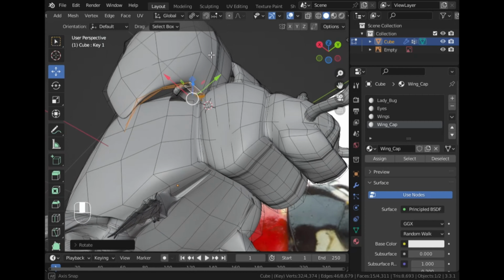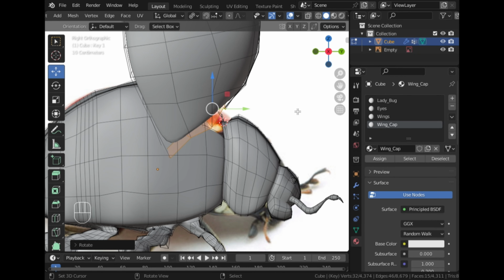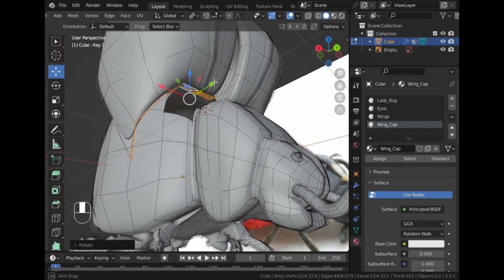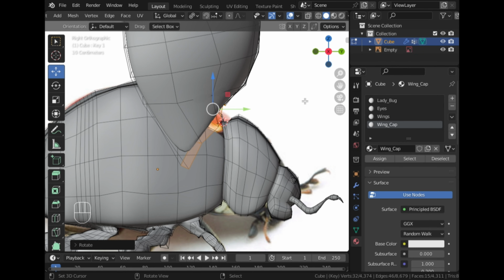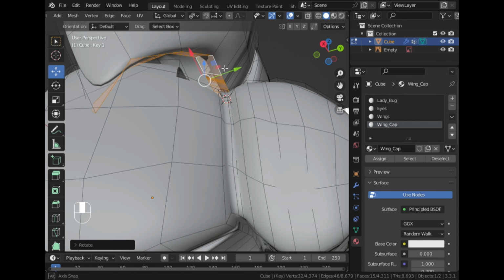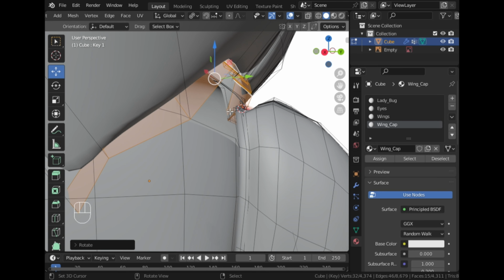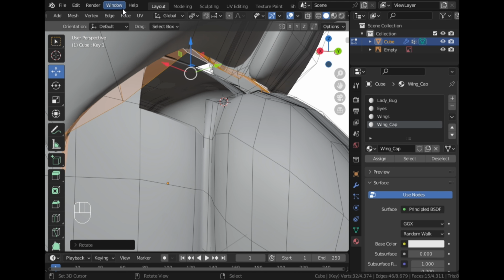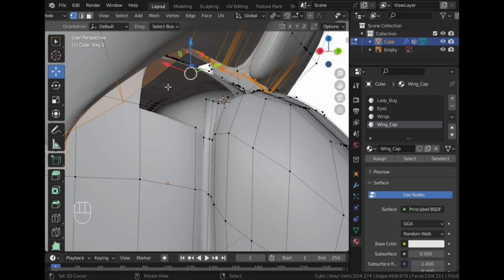Here I'm rotating it, and this will affect it properly. Just rotate it a bit around, and what we can do now is